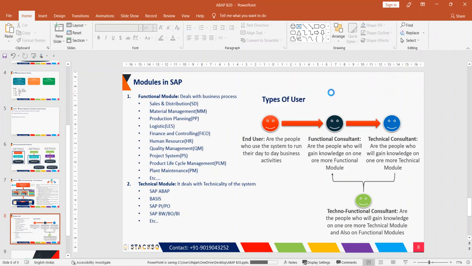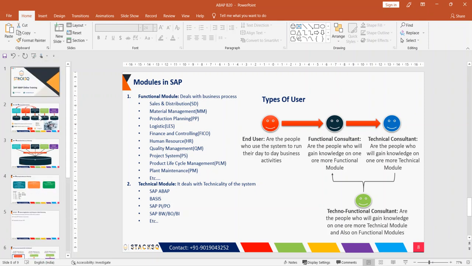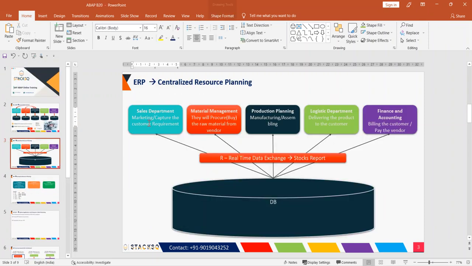Anybody, any doubts so far? Modules in SAP till now? I have a doubt. Yes, Asha. Regarding the end user. So, the end user works using the T codes and gives the respective deliverables, right? Yeah, or no. Their job is like, let's say, for example,